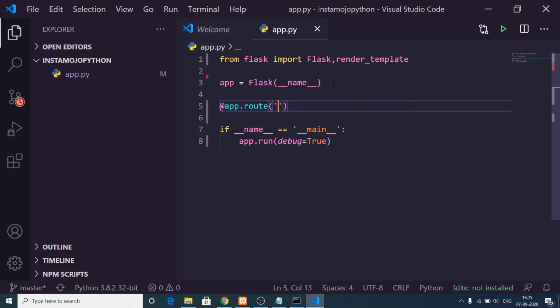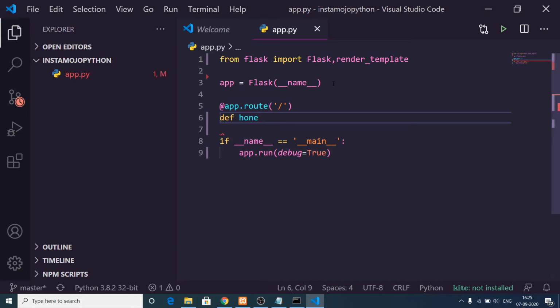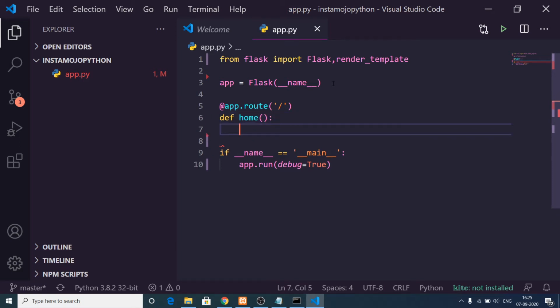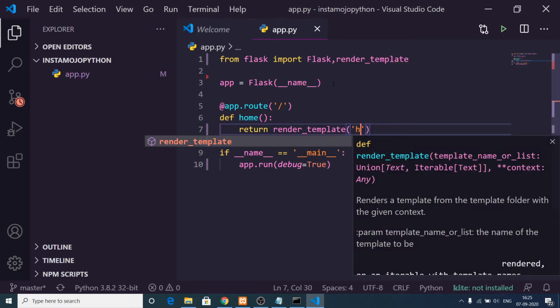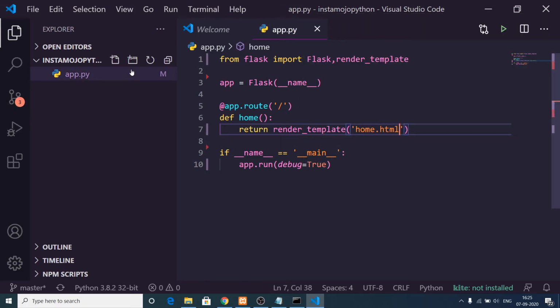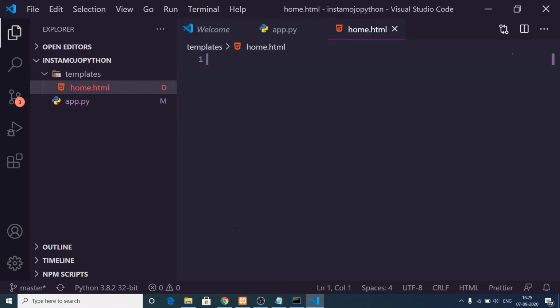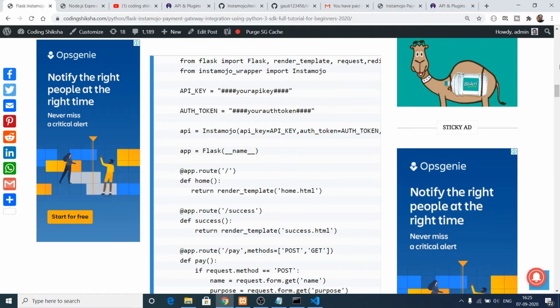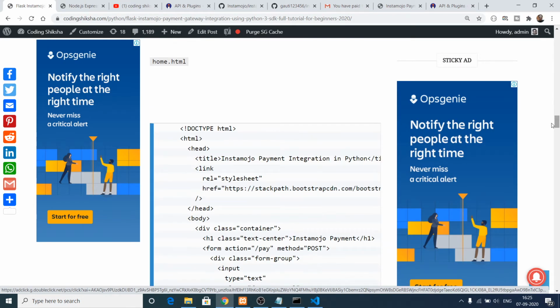This will start our Flask application, but for this we just need to have a route here. So app.route. Whenever we open the home page, we need to define a function. This function will be, let's suppose, home. Inside this we will be loading a template with the help of the render_template function. So return render_template, and we will be loading a template called home.html. You need to create this template inside a templates folder. So simply create this templates folder, and inside this create the home.html file, and inside this you will see a simple home.html file. All the source code is given in the blog. Just copy it and paste it here.